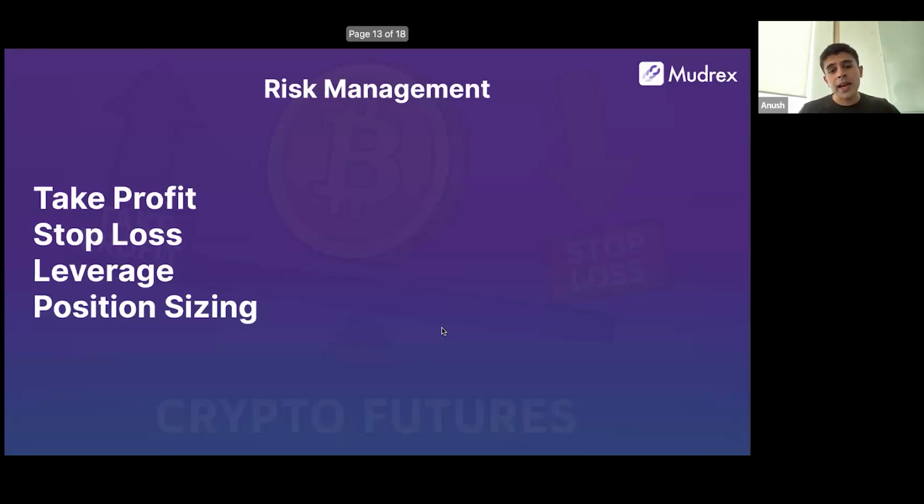Now, the next point I want to discuss is position sizing. This is often overlooked, but it's super, super important. Position sizing is basically all about how much of your capital you put into a trade. So let's say you have $1,000 in your trading account. That doesn't mean you should be throwing the full $1,000 into every trade. Most professional traders will only risk 1 to 2% maximum of their capital in any single trade. So if you're risking 2% on a trade, that is $20, right?